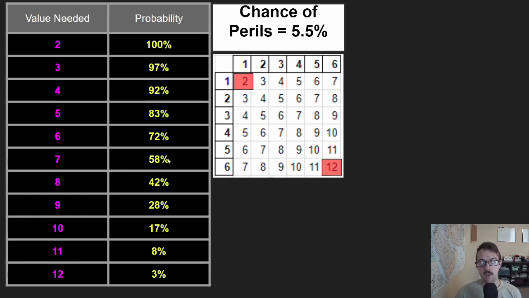Additionally, sometimes you have to make a choice. Are you going to cast a spell with a chance to get perils? Because you don't want to be taking unnecessary risk. That's another big part of Warhammer 40k, avoiding unnecessary risk. So let's say your spell